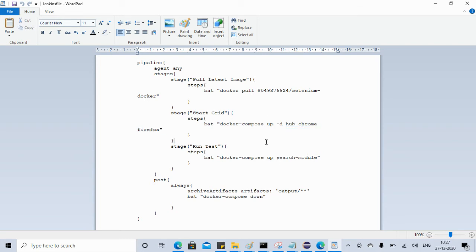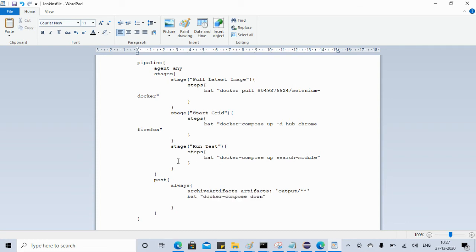When your execution is done and you don't have Docker Compose down, your script will be done and you will be able to see the result, but the grid will still be up and running, still waiting, so you need to bring it down. That's why we are saying Docker Compose down.